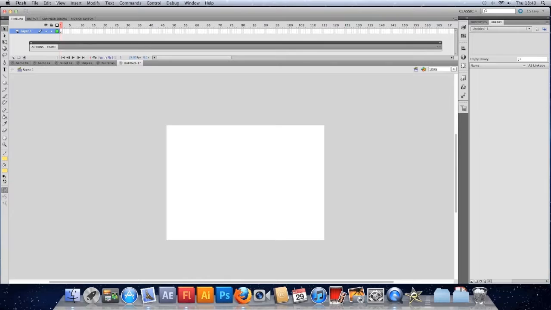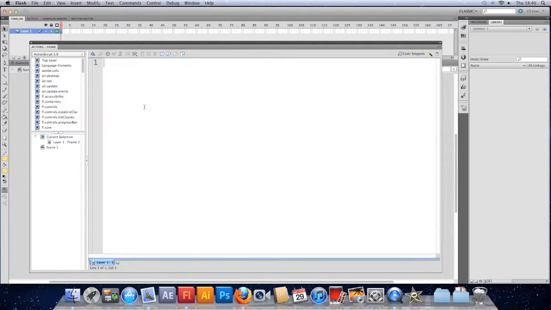So in this new file, just going to script into the first keyframe and make a basic function. And we know how to do that, we've done that before. Put the word function, give it a name, let's call it test. Open brackets, close brackets, open your curly braces. Now normally we'd have something in these brackets because we're responding to event listeners most of the time. They're known as arguments, and we'll cover them in a little bit, but what we can do in here, if we have this function and we just tell it to trace hi